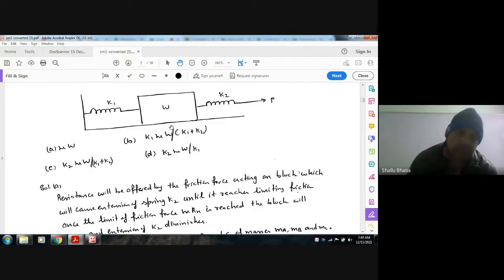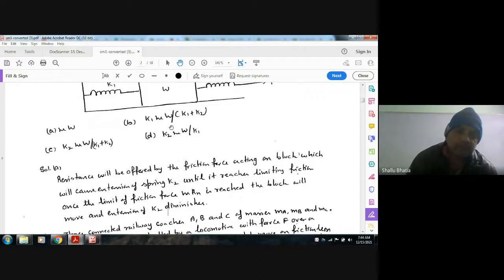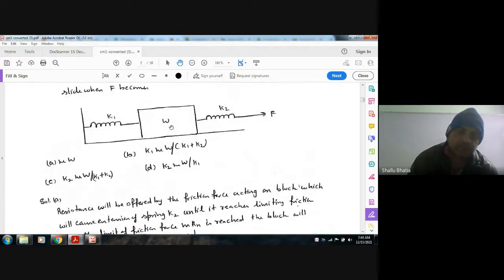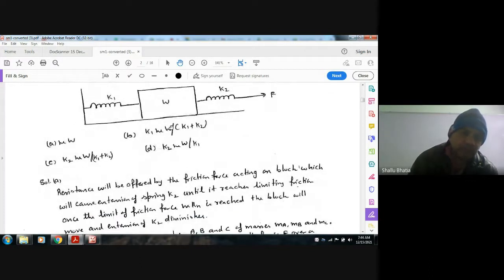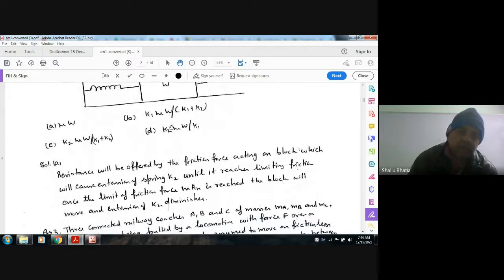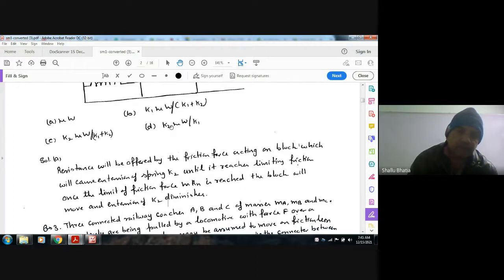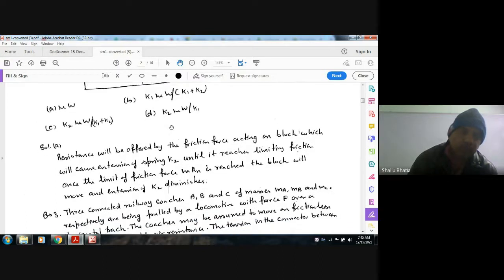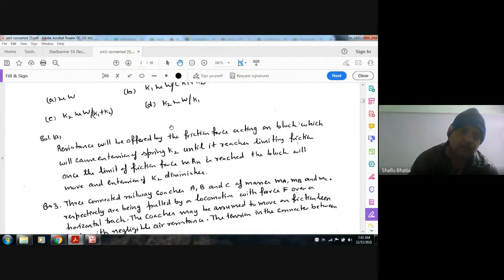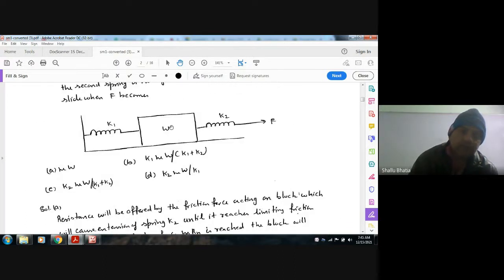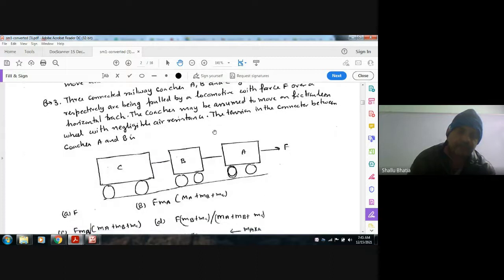Let's see the explanation. The resistance will be offered by the friction force acting on the block, which will cause extension of spring K2 until it reaches limiting friction. Once the limit of friction force, mu Rn, is reached, the block will move and the extension of K2 will diminish. So when the block starts moving, the tension will start diminishing. Next,